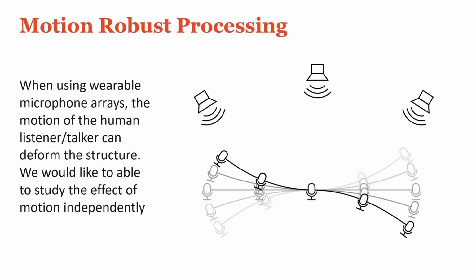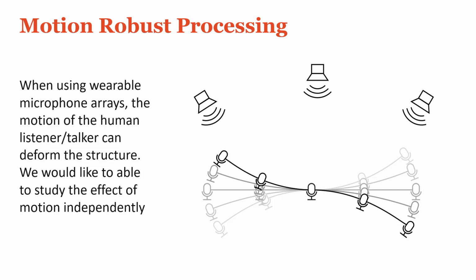Another reason why we would want to have acoustic head simulators is because humans are not stationary. Humans keep moving as we talk. I can't keep stationary as I try to talk at all. And what we would want to be able to do is study the effect of motion in an algorithm separately from the signal processing itself. So if I were to turn this way, this means the array is kind of bending like that. And if I were to turn the other way, it's like the array is bending like that. But in both cases, I want to be able to separate out talkers that I'm listening to, which is especially important for hearing aid users who need this cue and this processing in order to maintain a conversation in a